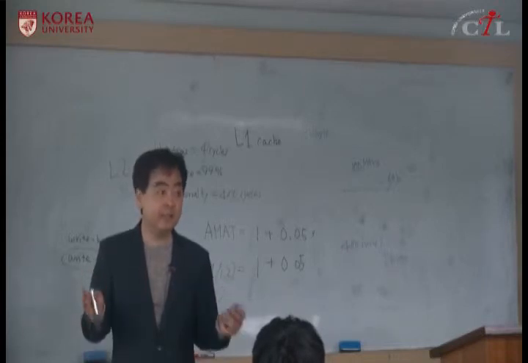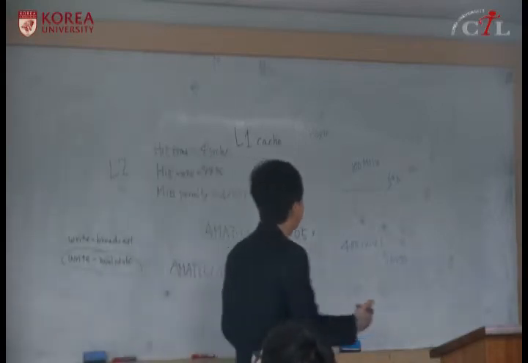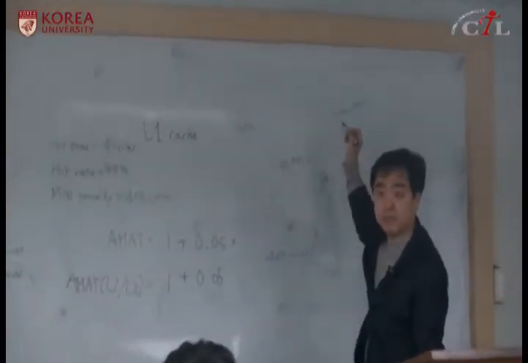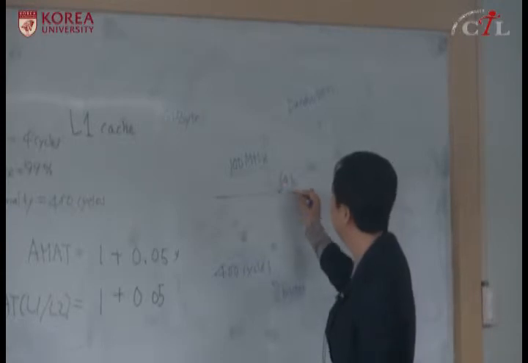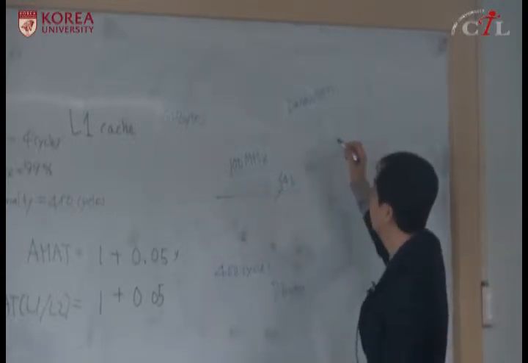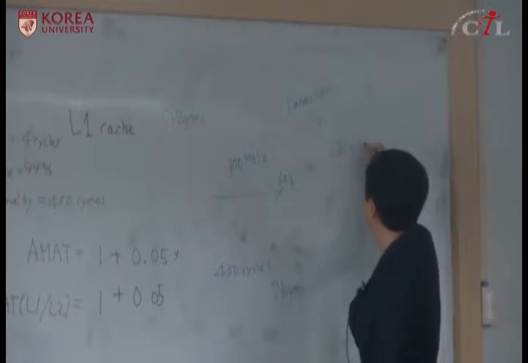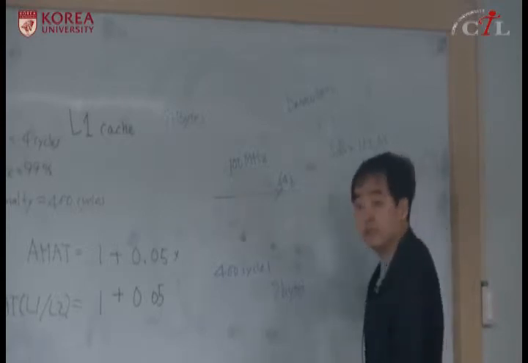So every 10 nanoseconds you will receive 8 bytes. So the bus bandwidth here, bandwidth means how many bytes it can transfer per second. If you have a 100 megahertz 64-bit data bus, then your bus bandwidth is 8 bytes times 100 mega, which is actually 100 million bytes per second. Right?